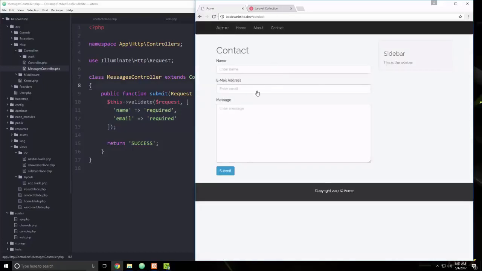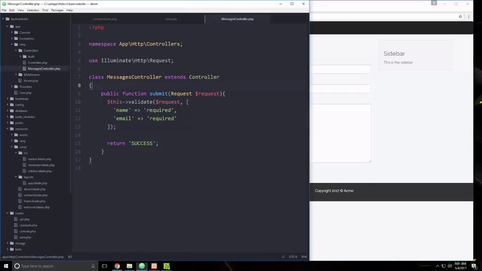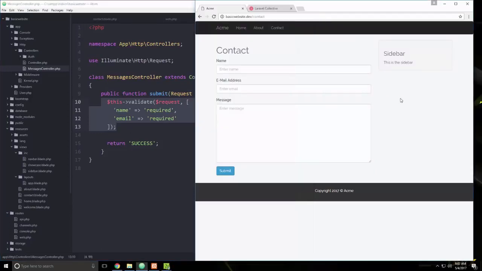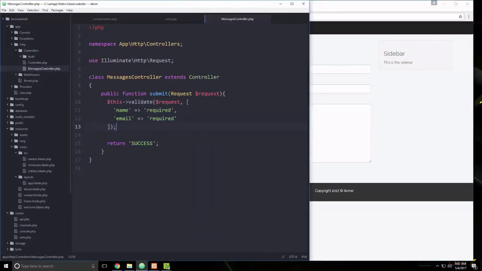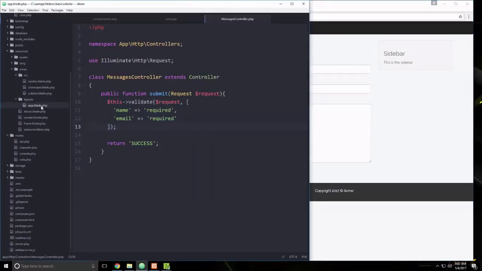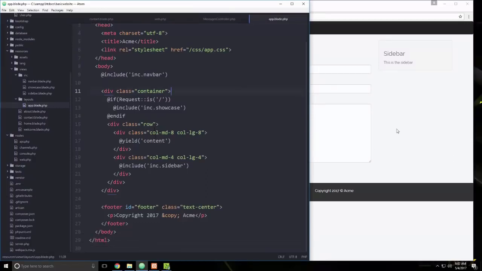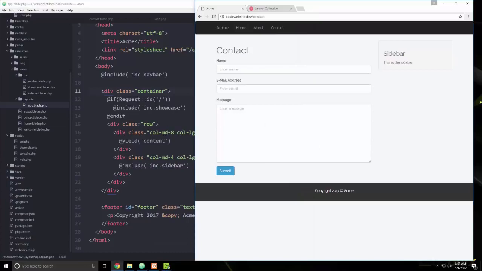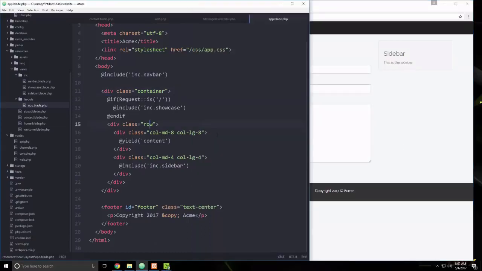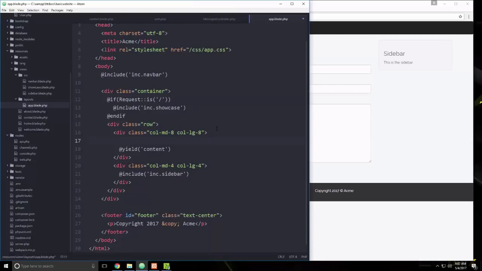Now, we need a way to let the user know what's going on, because right now it's just not doing anything. And when this runs, it actually puts out the errors. We just need to basically catch them in our template or in our view. So what we'll do is go to app.blade.php and figure out where we want to put these messages, which I think should go right above the main content, so right here. And we can say if